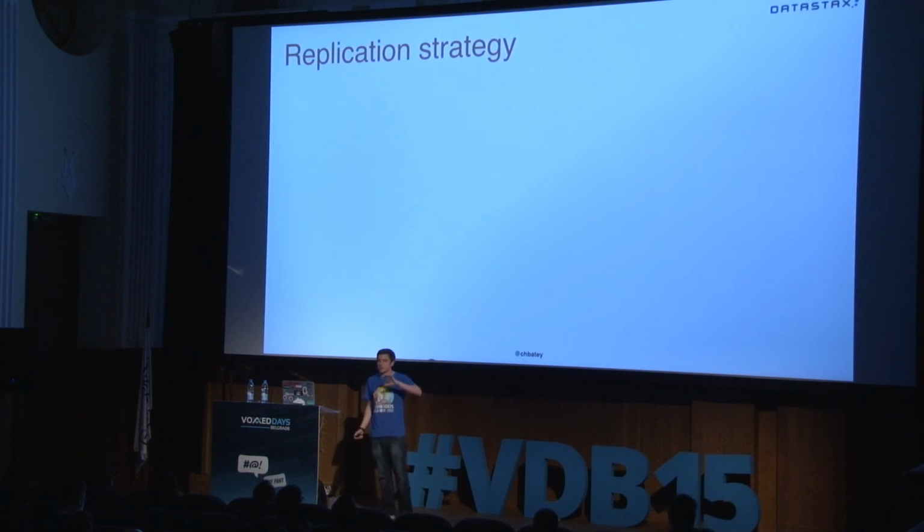Now, rather than tell you exactly how Cassandra does that, I want you to tell me. So imagine you've got a normal database. It's a single server, and you took a backup of that database. Where would you put it? Would you put it on the same computer? Anyone? Anyone in ops? You probably shouldn't put it on the same computer, even if it's a different hard drive. This is a bad idea.